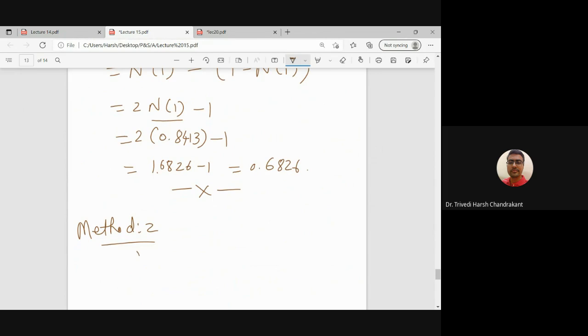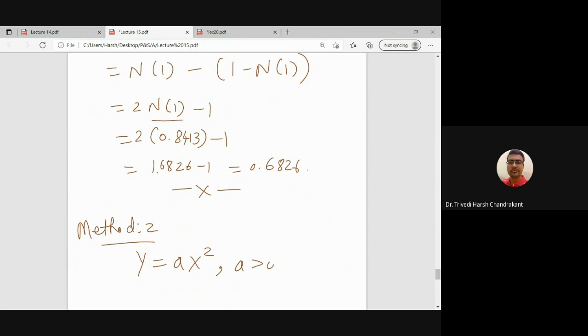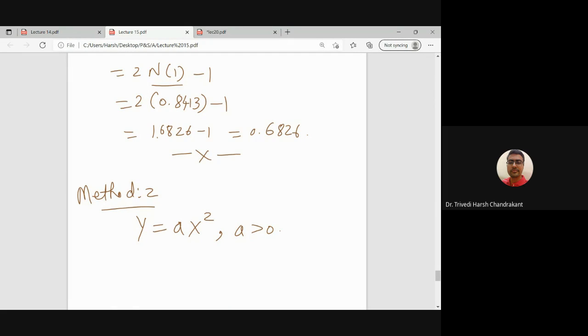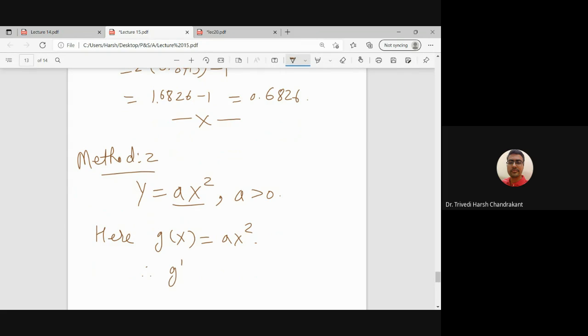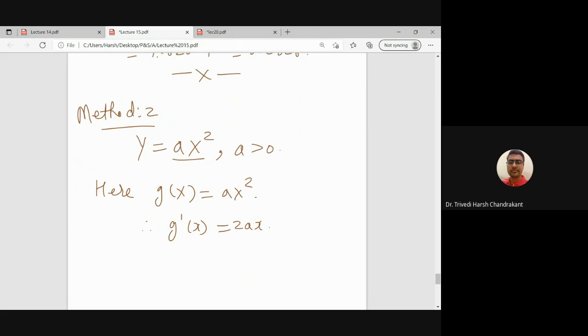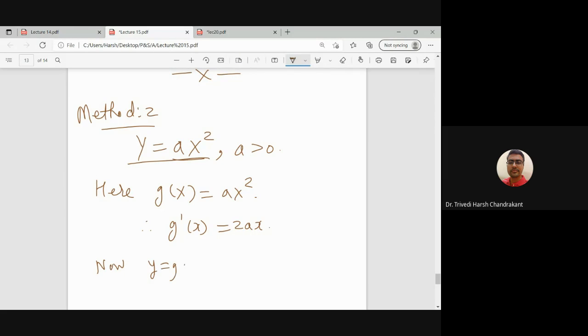In which we have the new random variable as ax square, where a we can take as non-zero, or we can take a positive number also. So here, what is our function? Our function of random variable x is ax square, so therefore its derivative is 2ax. And what is our method? Our method is we need to find all the roots x such that y equals g(x). So now y equals g(x) gives